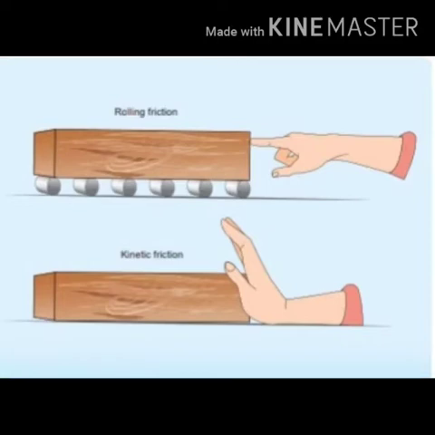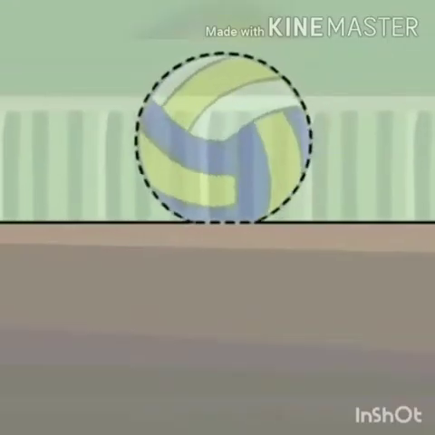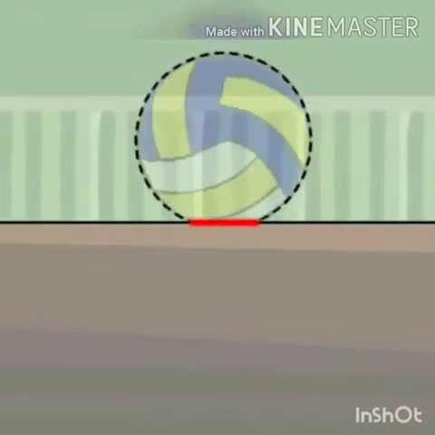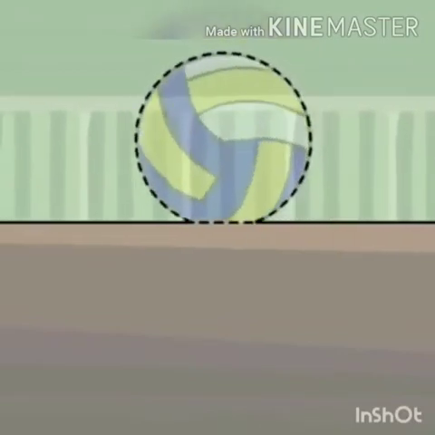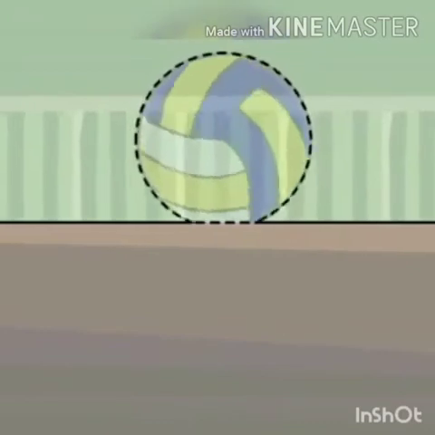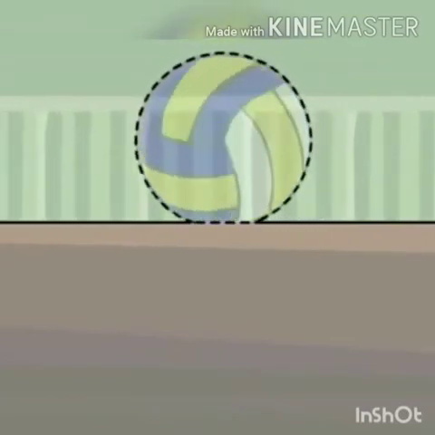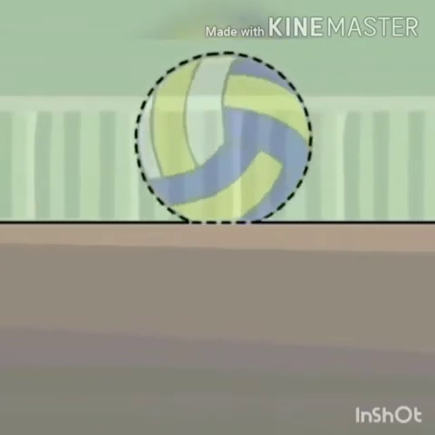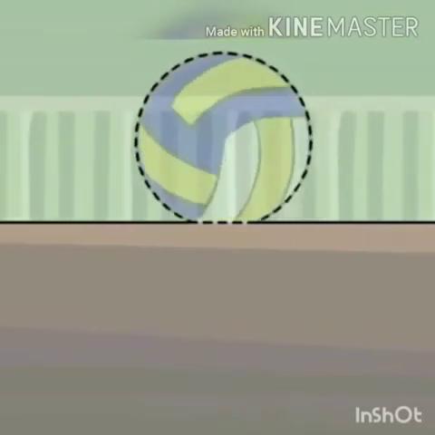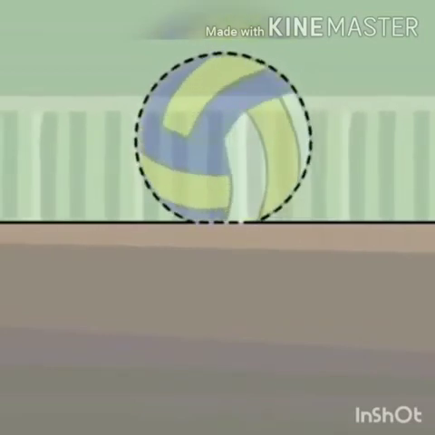The diagram shows the difference between rolling and kinetic friction. Ideally, in pure rolling motion the point of contact with the surface should be at rest, but in practice it is not so. Due to the elastic nature of the surface at the point of contact, there will be some deformation on the object at this point, on the wheel or surface. Due to this deformation, there will be minimal friction between wheel and surface. It is called rolling friction. In fact, rolling friction is much smaller than kinetic friction.